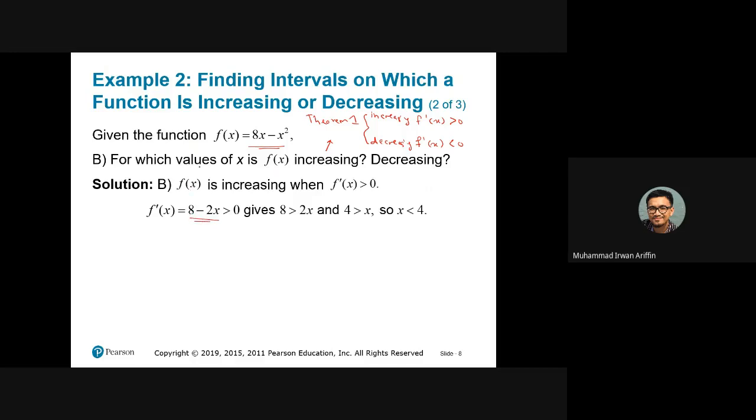So to find which values of x when f of x is increasing, we will basically,